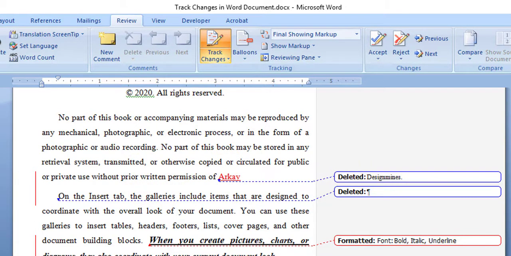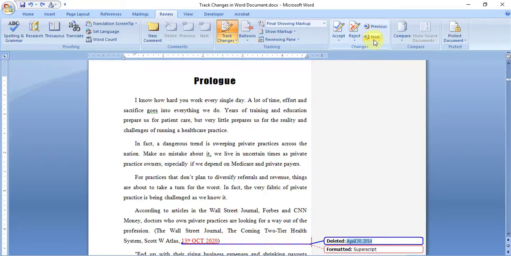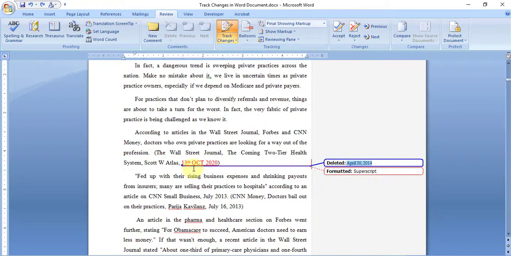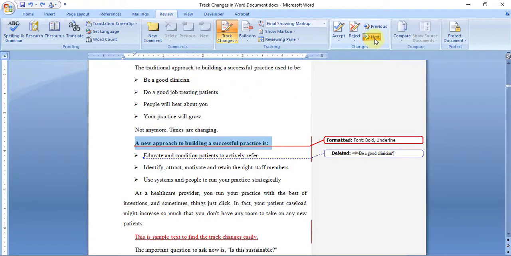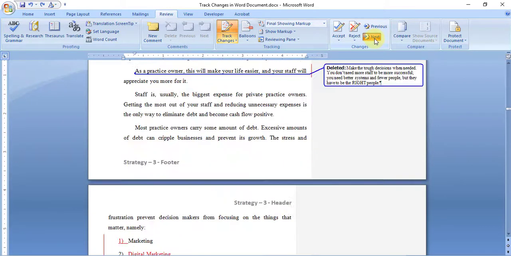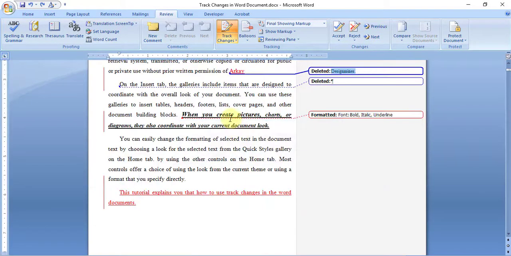Or what you can do is simply go to the next change and verify that it is correct. Go to the next one, next one, check the new addition, next one. You see, it automatically goes to the next page wherever something is added. Next, next, next, and see. So you can verify every change in the document in one shot. Then all the changes have been completed.